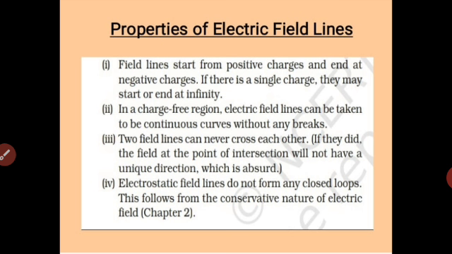Fourth point, electrostatic field lines do not form any closed loops. The field lines will start at one point and will move towards any other point or towards infinity. They can never come back to the originating point, that is, they can never form closed loops. This is from the justification that a charge, when it starts from one place under the force of repulsion or attraction, will move in a particular direction and under no circumstances on its own can it come back to the original point. Thus, electric field lines can never form closed loops.